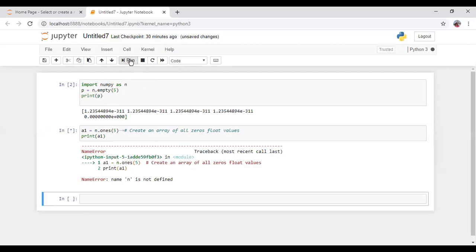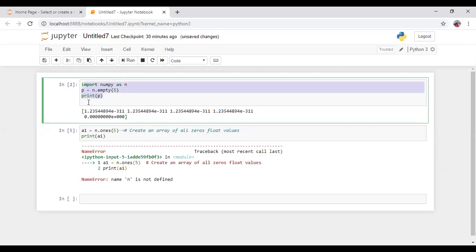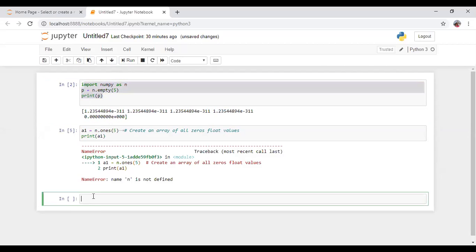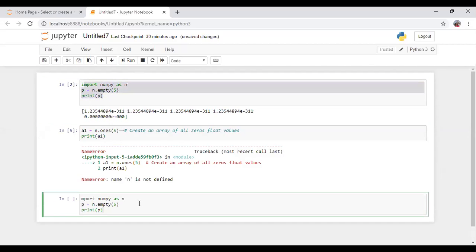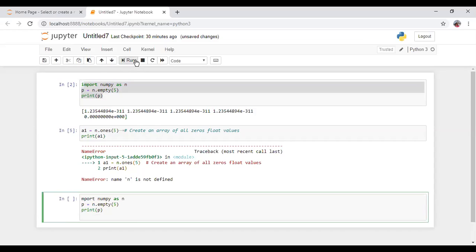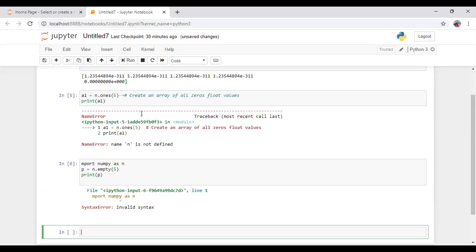See, running. Same I am using again, import numpy as np. np is used like a keyword, so it is showing an error.